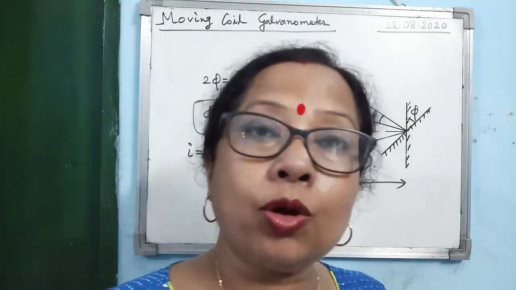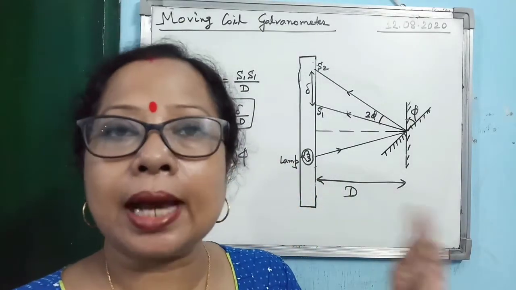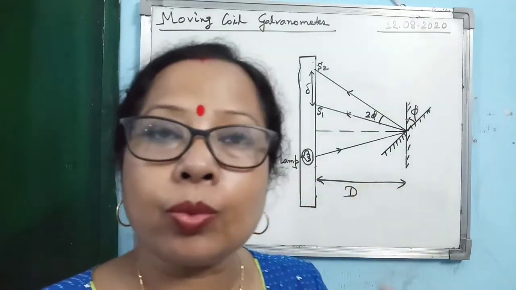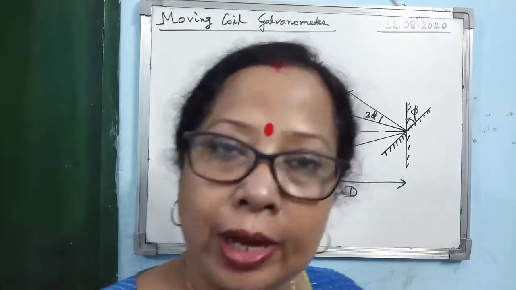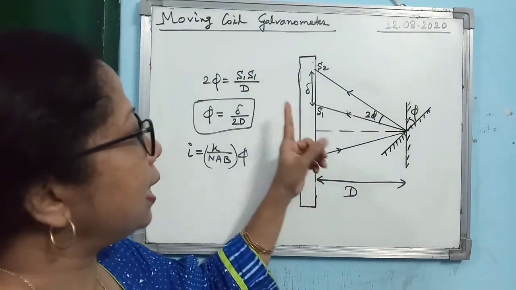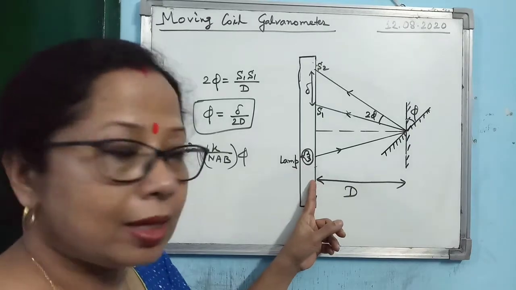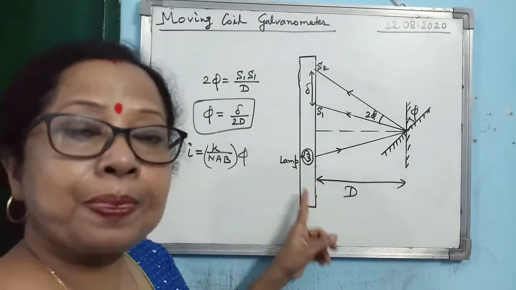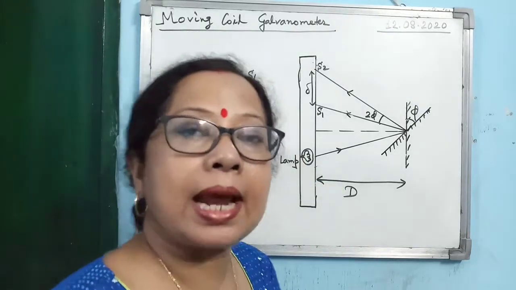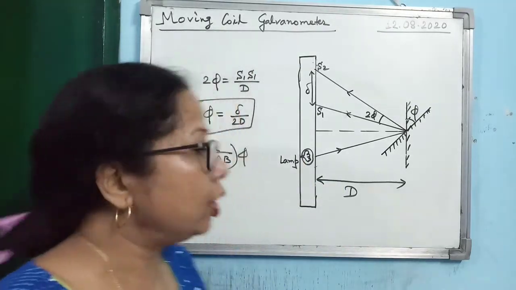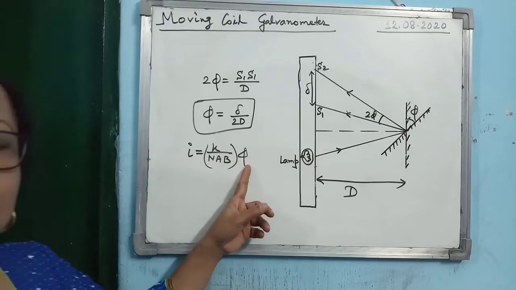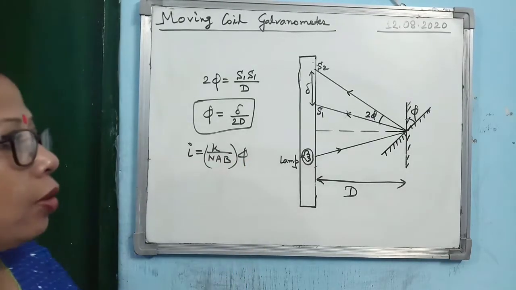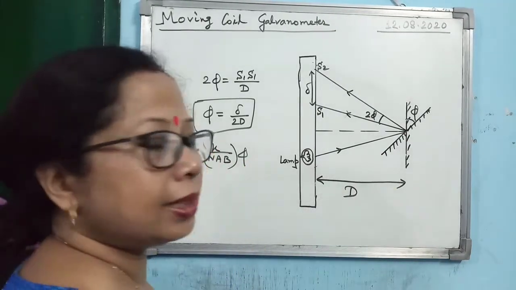For that, I hope you remember, I drew the diagram already, that a mirror was attached with the phosphor bronze fiber. Now, there is another lamp and scale arrangement. So, there is a lamp and there is a scale. And by this lamp and scale arrangement, generally we measure the angle of twist phi. Now just look at the diagram to see how it is done.